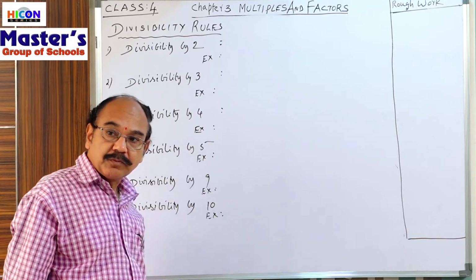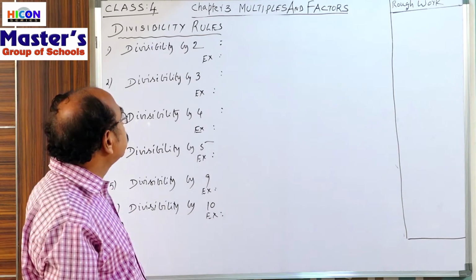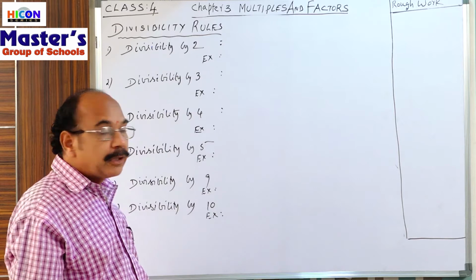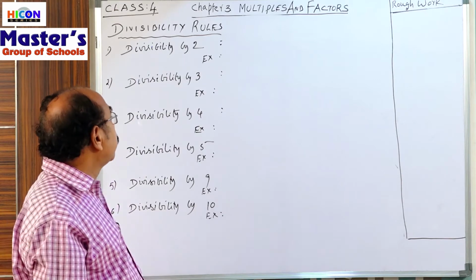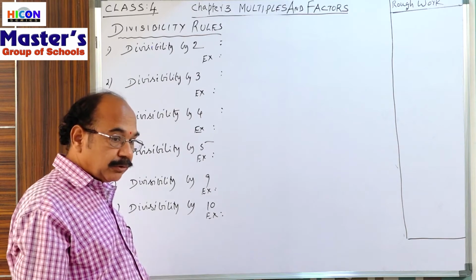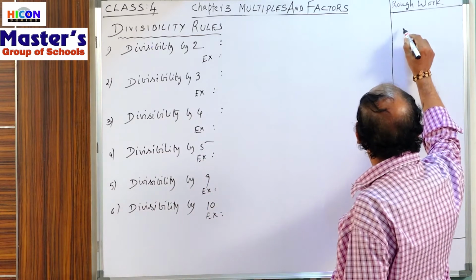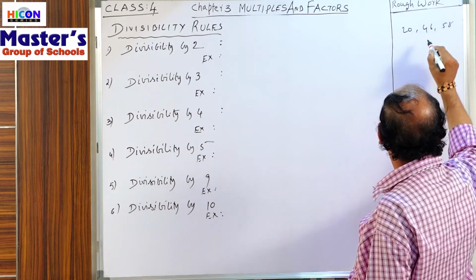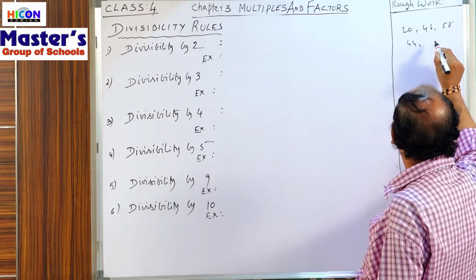Divisibility by 2. If the units place digit of a given number is either 0, 2, 4, 6 or 8, then it is divisible by 2. Okay children, that is the rule. For example, suppose 20, 46, 58, 44,